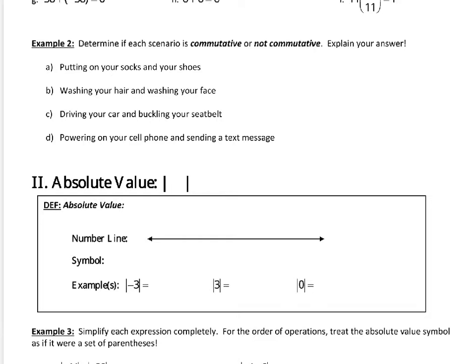The scenario is washing your hair and washing your face. So we have 2 events going on, and the question is, could we do those in either order and still get the same result? Well, clearly, it doesn't matter which order I wash my hair or my face in, I'm still going to end up getting clean, right? So this would be a commutative property, and we would say as our explanation, either